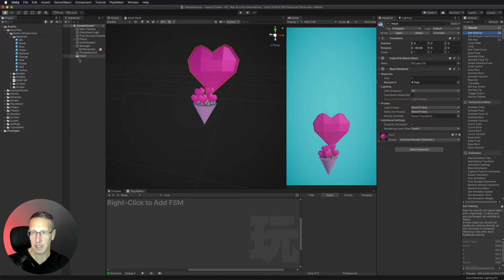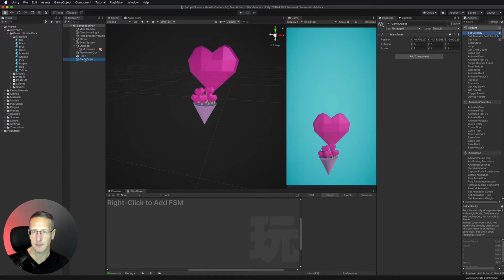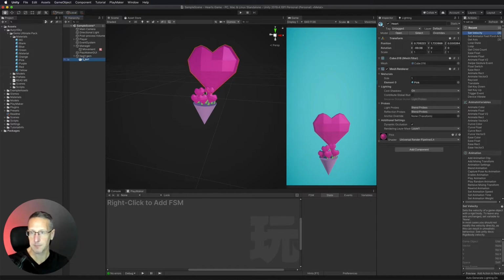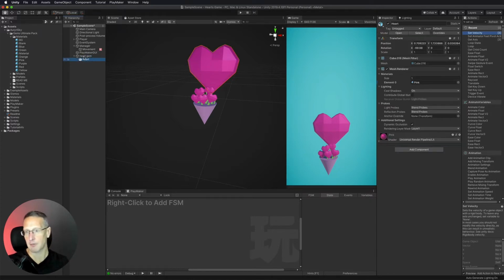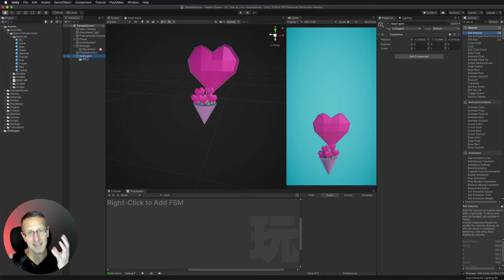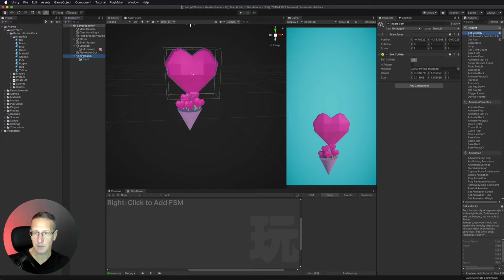And I'm going to go ahead and just put this into a new empty game object. And we'll call this heart gem. And I'll drag that heart in there. So that way I can make sure I'm controlling, and if I want to add effects or anything else, I can have it kind of in that nice little package. Okay, so with my heart gem, I also want to go ahead and add a box collider. And so this gem has a box collider to it.